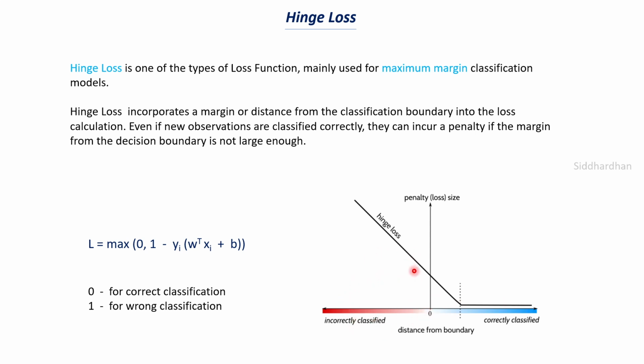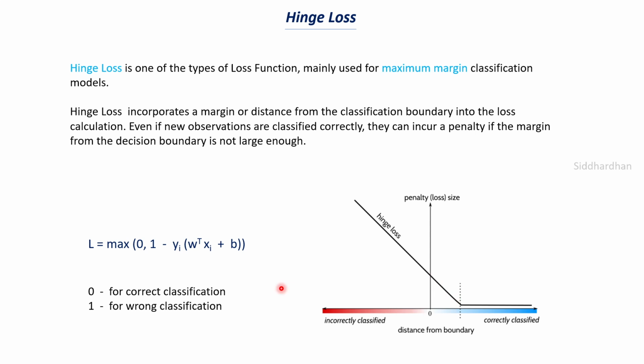When a data point is classified incorrectly, in that case you will obviously have a higher loss function, right? So this is what you need to understand. Whenever you make a wrong classification, the hinge loss will be high, and whenever you make a correct classification with a high distance from the boundary, your hinge loss will be very low. But even though you make a correct classification, if the distance from the boundary is small, then you are going to have some hinge loss. So that is what we need to understand here.